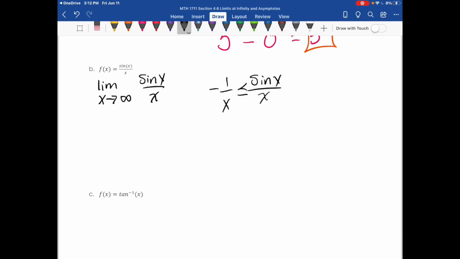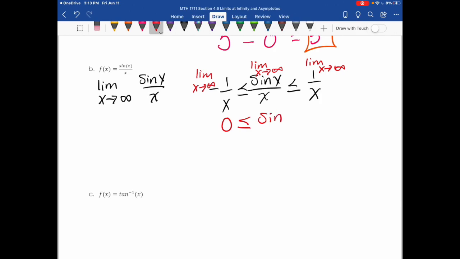If I take sine x over x and I squeeze it between the functions negative 1 over x and positive 1 over x, then I take the limit of all 3 pieces here, and when I do that, I can see that the limit as x approaches infinity of negative 1 over x is 0. And I can see that the limit as x approaches infinity of 1 over x is also 0,